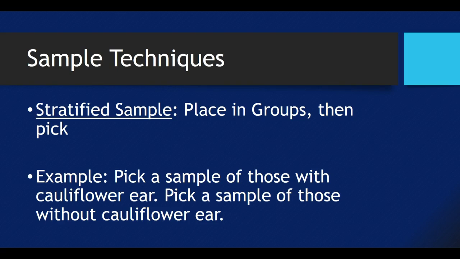All right, so I can make sure I get people from this minority group here. So that's basically the idea of a stratified sample, that we place into groups and then we have some sort of a sampling technique on group 1 and some sort of a sampling technique on group 2. But stratified means we separate them out into groups and then take samples from each of the distinct groups.